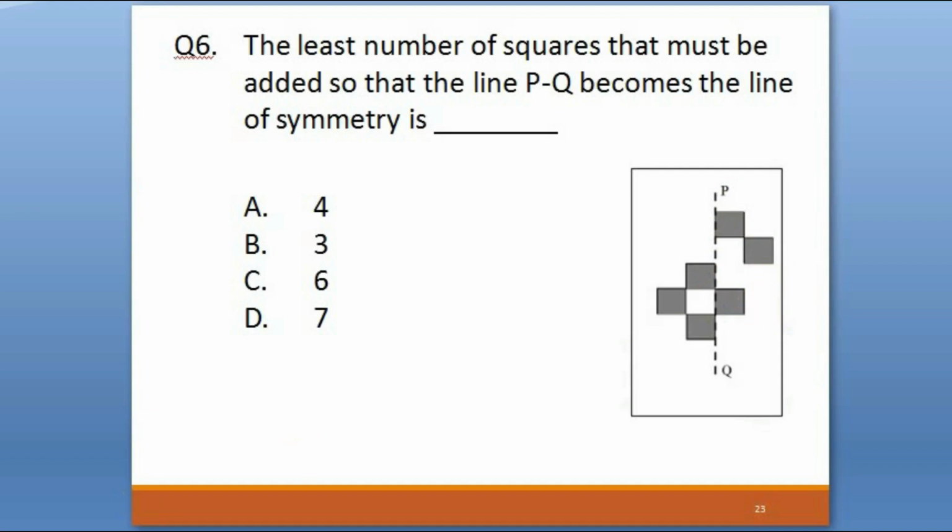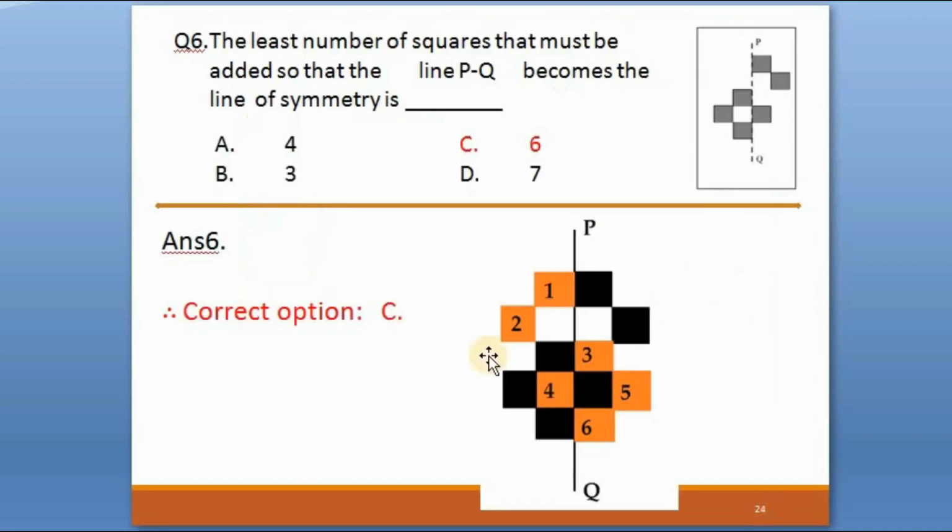As you see here, in the given figure, first block is given, but on the left side it is missing. So we have to add this here, second block, right? So first block we will add here. Similarly, against this black, we will add second block, so that it can be symmetric. In the third, here black is given, so we have to add on the right side, that is third block. And here fourth block is given, so we have to add